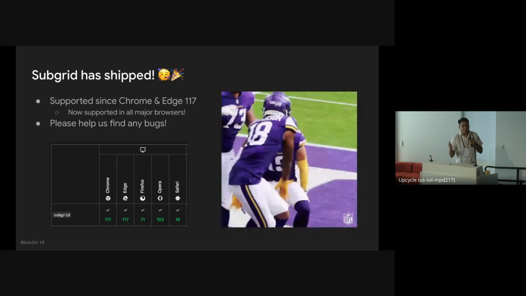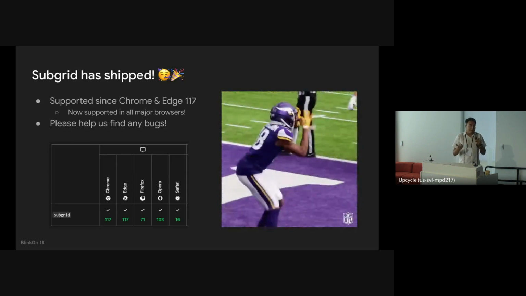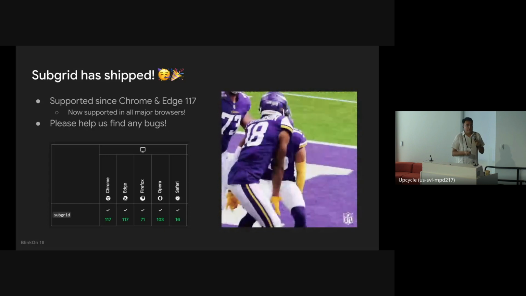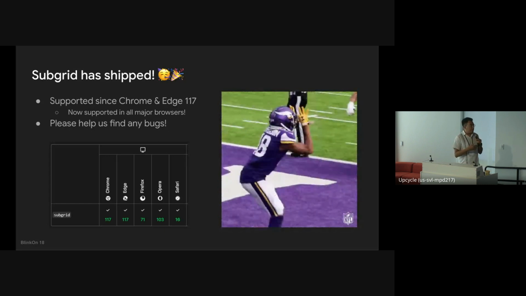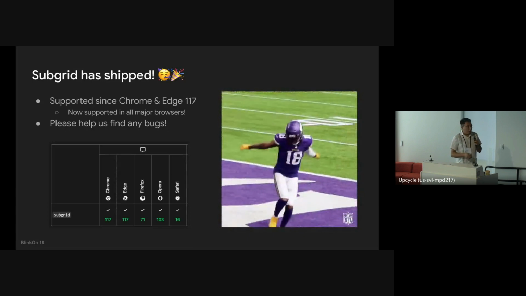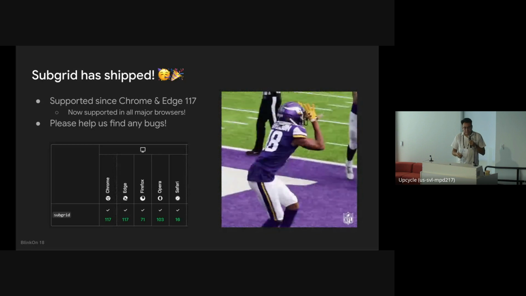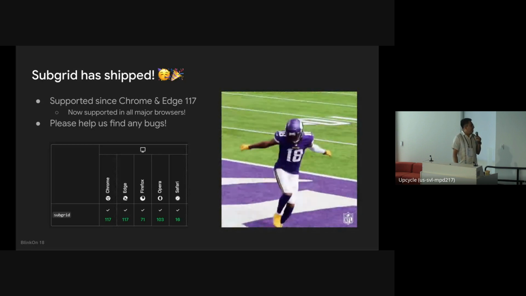And it's now supported in all major browsers. We're just currently failing one WPT that we already have in control and in discussions with the working group to get it fixed. And we have seen little to no major issues at the moment. We highly encourage you to try the module, the new capabilities of Subgrid, and help us file any bugs that